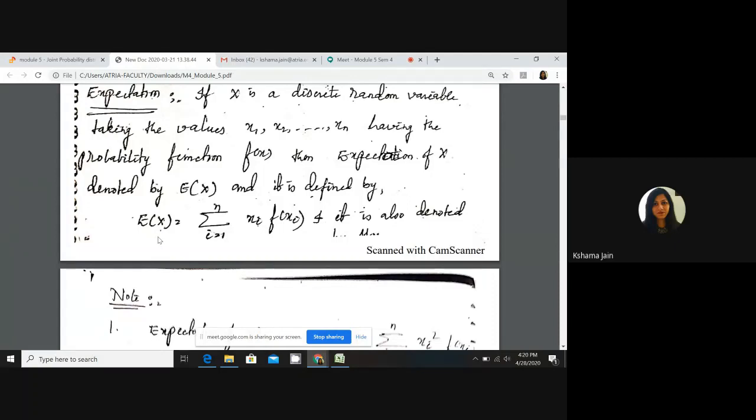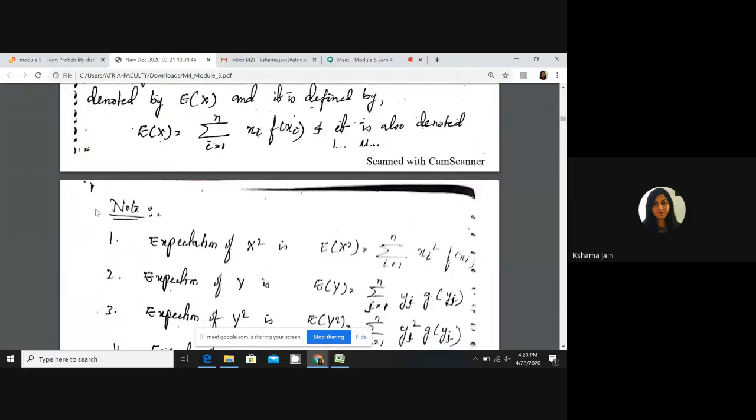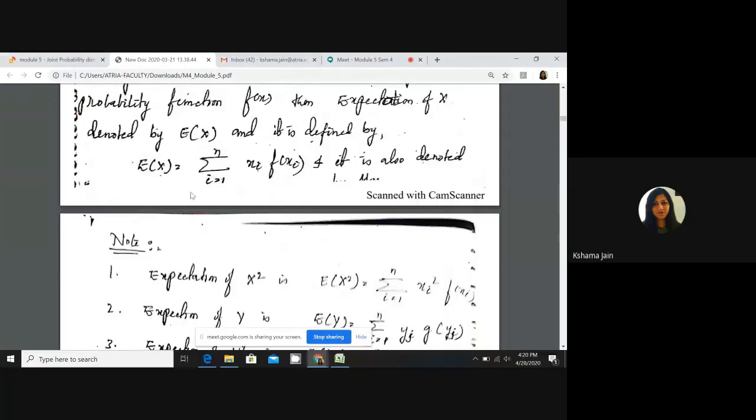Suppose again I repeat the same example, head and tail of a coin. If I take a coin and the cases are head and tail, head's probability is 1 by 2, and tail's probability is also 1 by 2. So x will be head and tail, x1 and x2, and f(x) will be 1 by 2, 1 by 2. Multiply them, take the summation. That will be called the expectation of X. So this is the formula, just x into f(x). Same if you do the expectation of Y, x is replaced by y. Or otherwise you can take a different symbol, G, for y, same only.